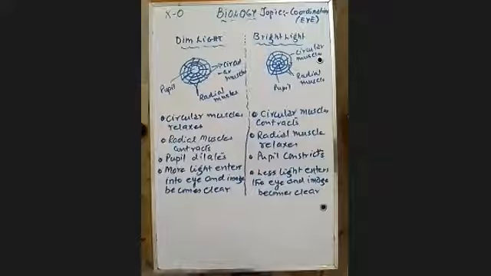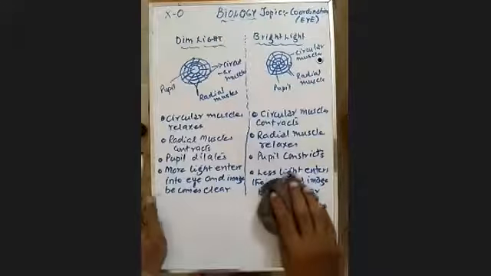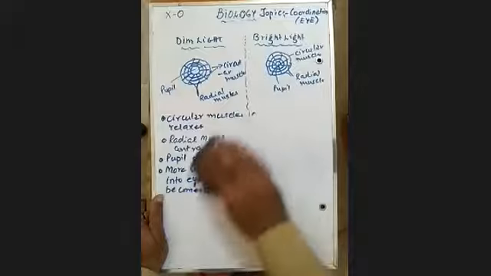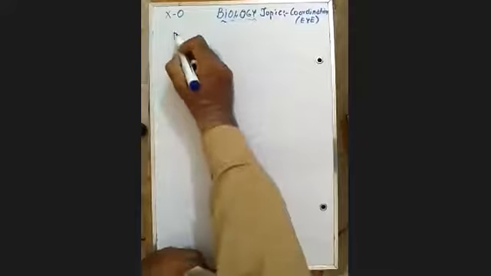Children, in the next lecture, we'll be doing the disorders of eye. Disorders of eye, I'll just briefly explain to you. Number one is the detachment of retina. Sometimes it happens that the retina detaches. A question came in the exam: what will happen if a person's retina is detached? So retina, you know, this is the inner layer of the eye. So in detachment of the retina, what happens?